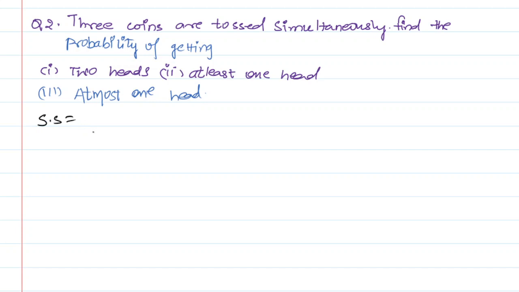Sample space. So how do I write the sample space? See how many total sample space points we'll have. Please understand, when 2 coins are thrown, it was 2 raised to 2. Sorry, when 3 coins are being tossed, it is 2 raised to 3. That is a total of 8 sample points we'll have. When 2 coins were being thrown, it was 2 raised to 2, that was 4. And when a single coin is being thrown, it is equal to 2. As we are throwing 3 coins, the total number of sample points that we are going to have is 8.